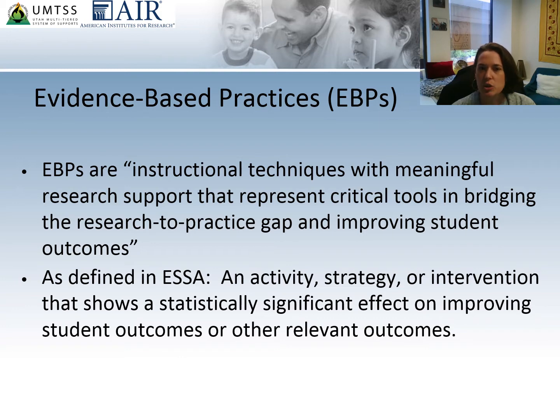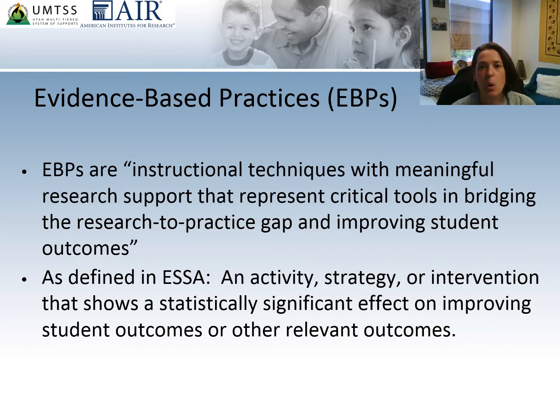A practice with strong evidence must have a randomized controlled trial, or RCT, that shows an impact on a particular student level outcome. Generally, there are two things that an RCT must include in its design. First, it must randomize students, classes, schools, etc. into treatment and control groups. And second, pre- and post-assessments must be collected for both groups. The measures should be the same at both time points.